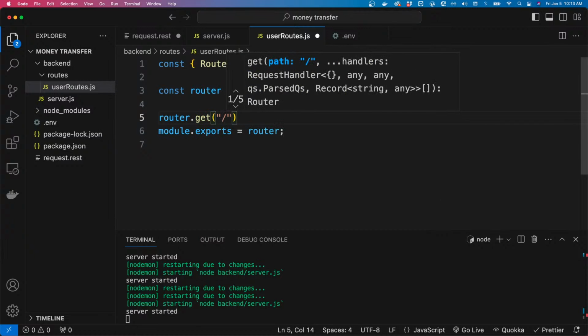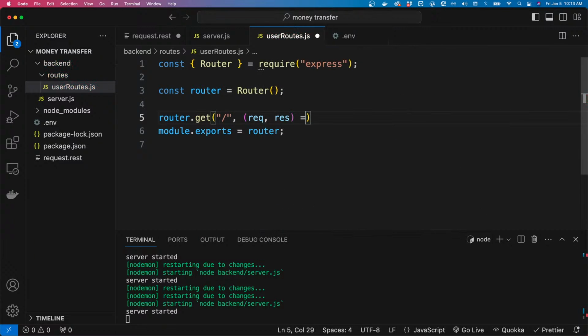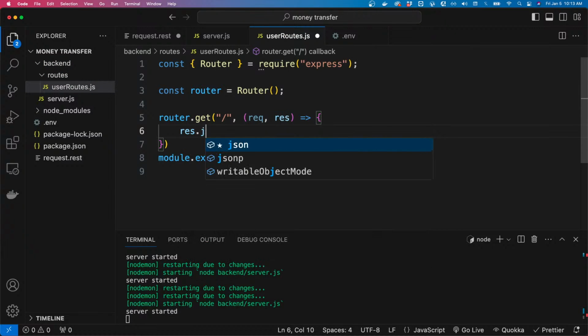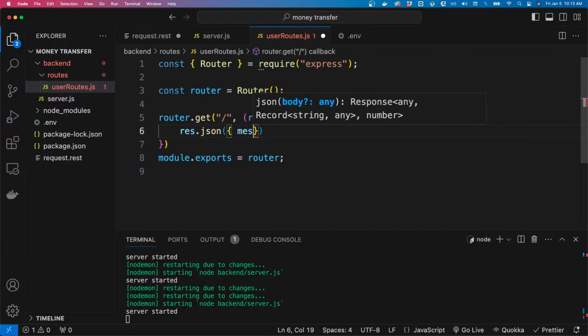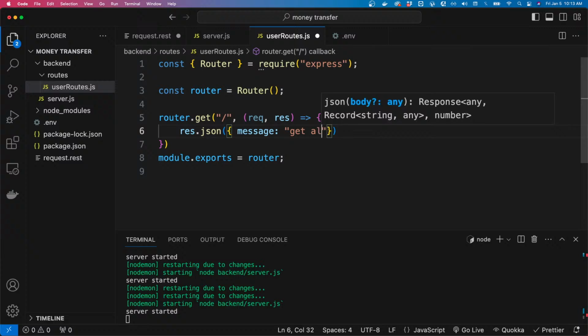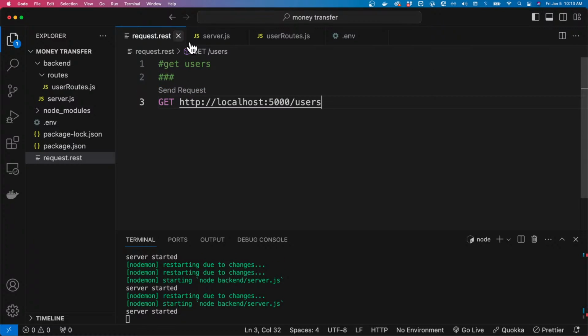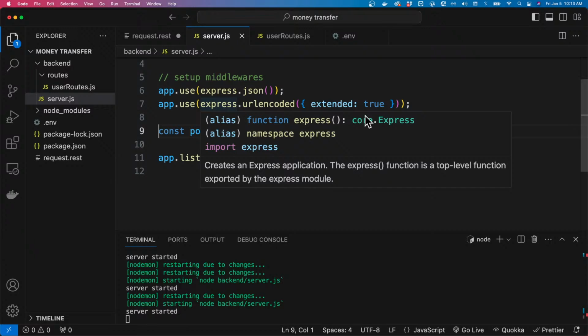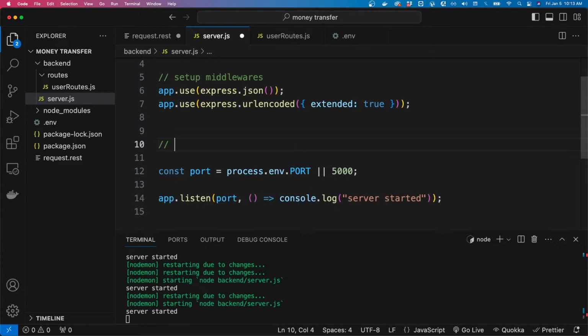So for the get request to an endpoint of user, we bring in our request and response, and then let's send a JSON message to get all users like we did initially. From there, we try and set up our routes in here